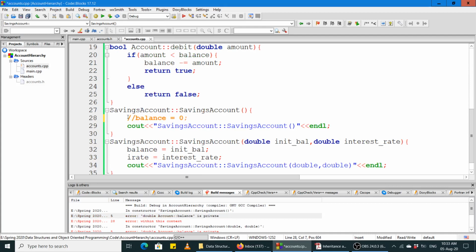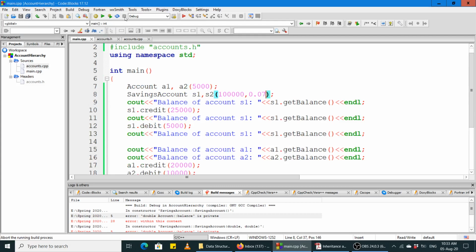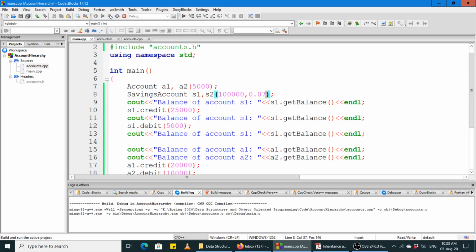दिस स्टेटमेंट मस्ट गो आउट। अच्छा, बैलेंस को अगर हम इनिशियलाइज करना चाहें तो उसके लिए आपको कोई ख़ास ज़रूरत नहीं है। ये सेविंग्स अकाउंट क्लास का जो कंस्ट्रक्टर है, ये इम्प्लिसिटली कॉल करता है अकाउंट क्लास के कंस्ट्रक्टर को, ठीक है। तो अकाउंट क्लास का कंस्ट्रक्टर कॉल होगा और वो बैलेंस को इनिशियलाइज कर देगा टू 0। देखते हैं कि जी ये बात ठीक है या नहीं।